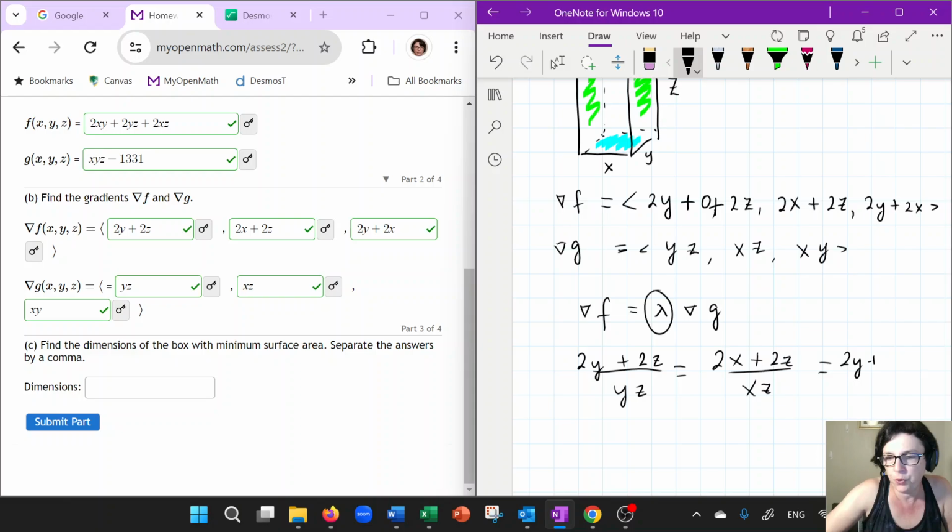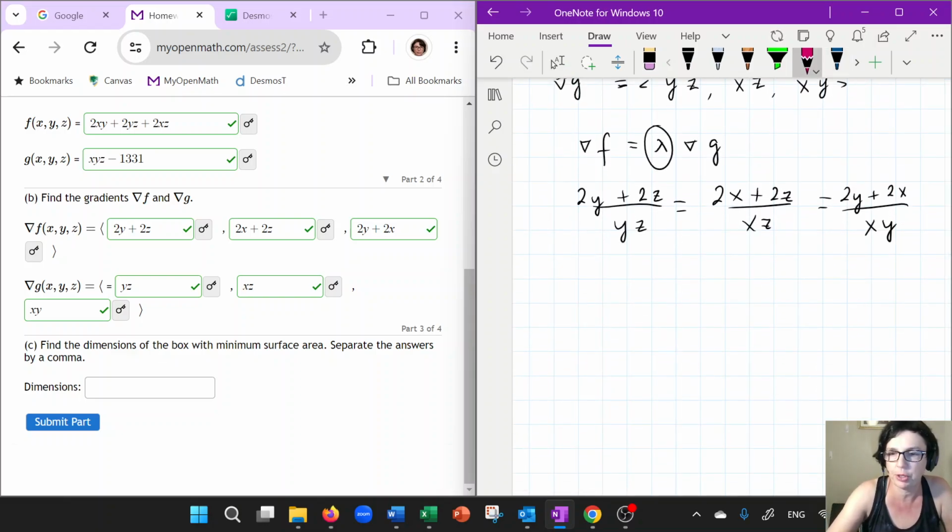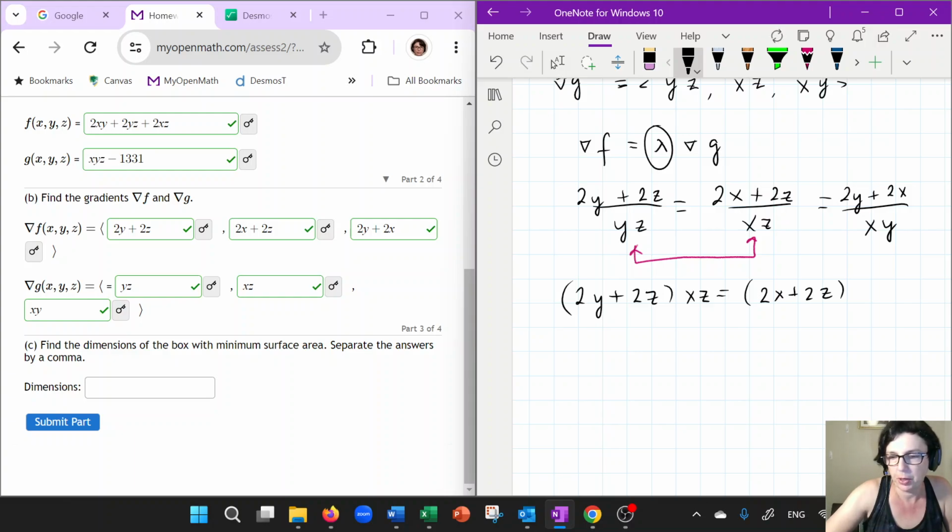And if you think that this seems really intimidating, actually this is not that bad. I'm going to show you a lot of stuff is going to cancel. So look at the first two proportions. Here we're going to cross multiply. We're going to get 2y plus 2z, and we multiply that by xz. And then we got 2x plus 2z, and we multiply that by yz. So if we distribute that, that'll become 2xyz plus 2xz squared equals